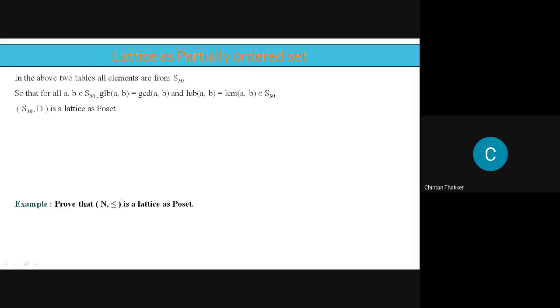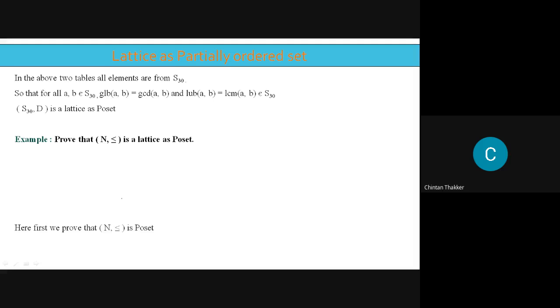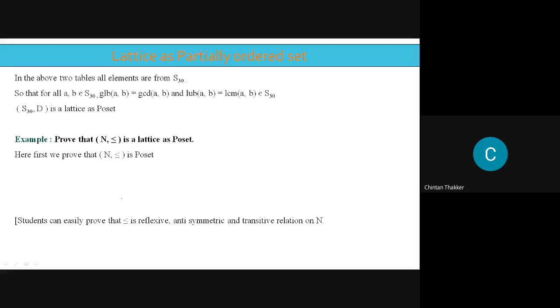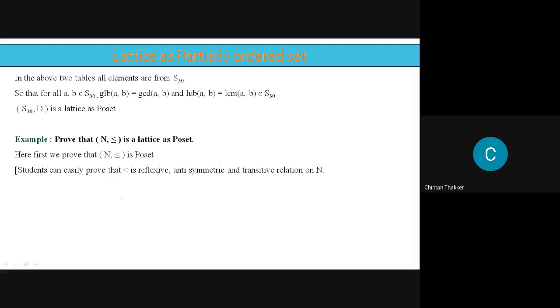Now, in a similar way, we have to prove that N comma less than equal to is a lattice as Poset. To prove this, again, first we have to prove that N comma less than equal to is a Poset. So to prove that it is a Poset, we have to prove reflexive,